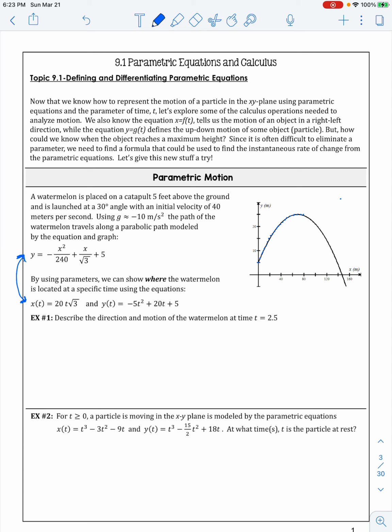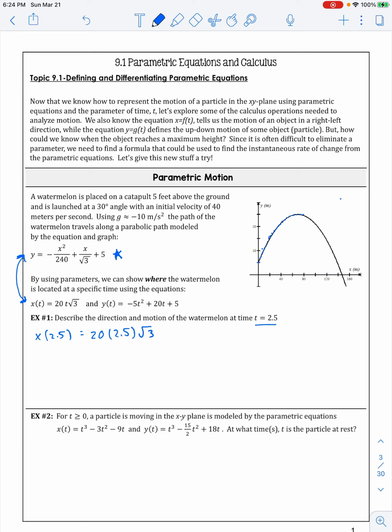So example number 1: describe the direction and motion of the watermelon at time t equals 2.5. I wouldn't use this equation if I had t, because it's just in terms of x and y. It's just these xy points along here. But if I'm wanting to know after 2.5 seconds where it was, x of 2.5 is going to give me the left or right direction,